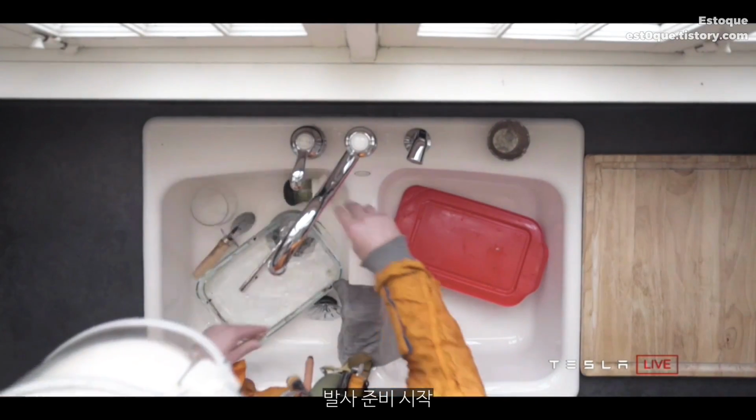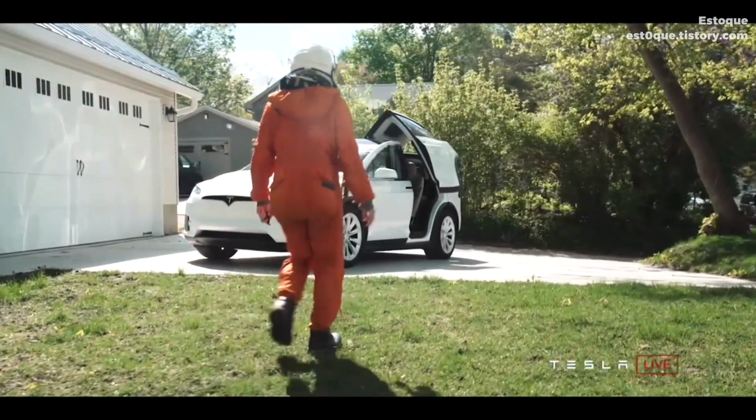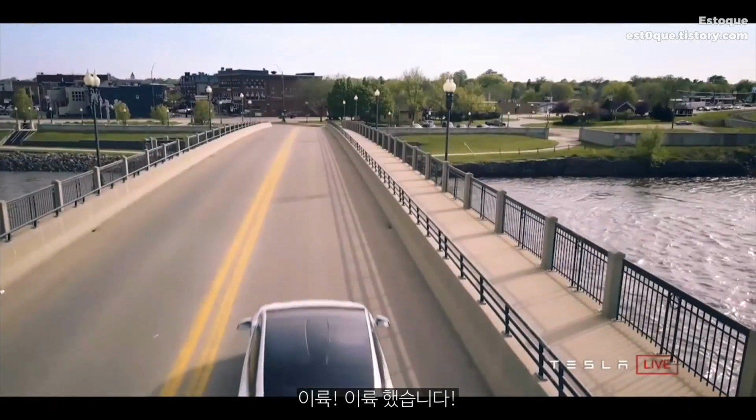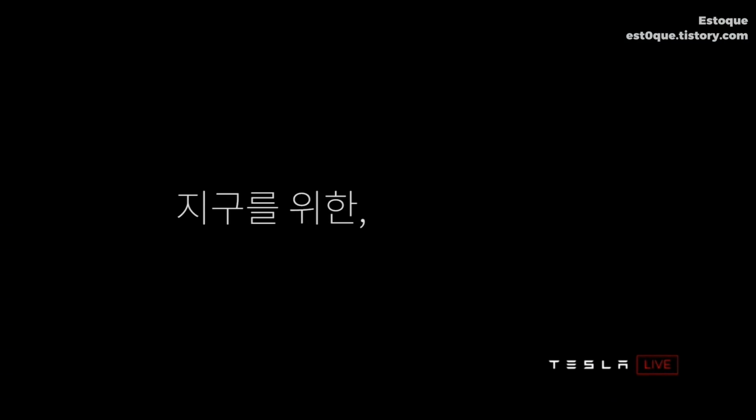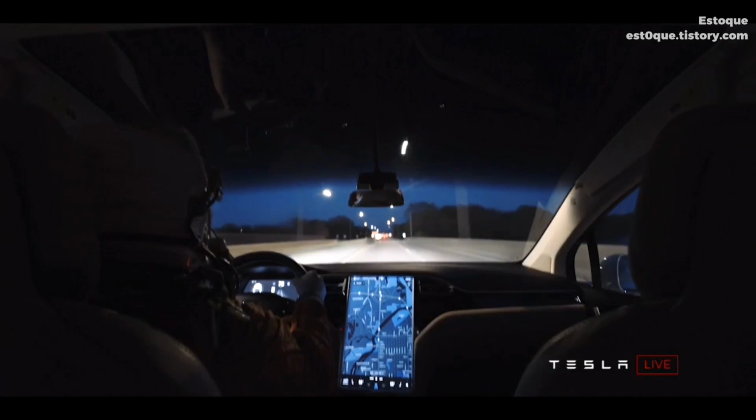Ignition sequence start. 3, 2, 1. Liftoff. We have a liftoff. They've always reached back from where they had